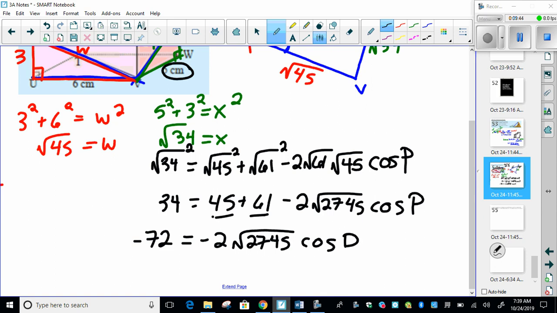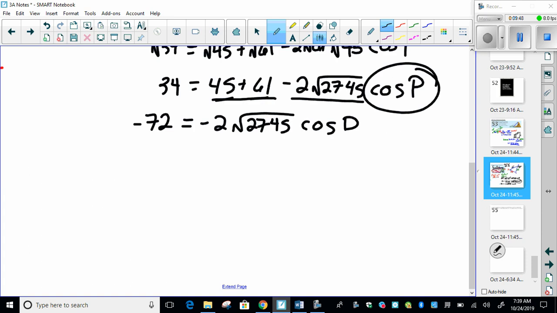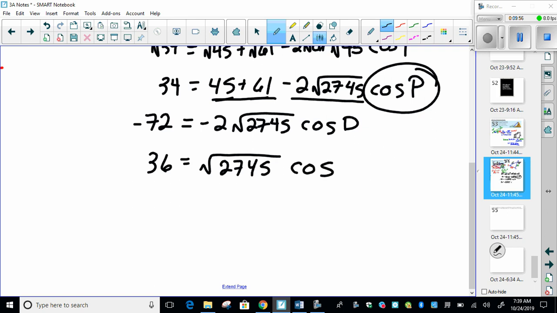Remember, I cannot add this and this together because it's attached to the cosine of P. And then I can divide both sides by that negative 2. I'm just working with my nice numbers, so I don't have to grab my calculator out yet. And so at this point, I'm going to have to go to my calculator. I'm going to have to divide both sides by the square root of 2,745, which just gives you 0.687 equals